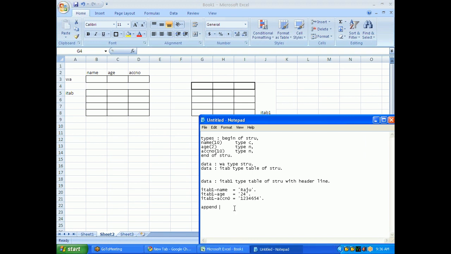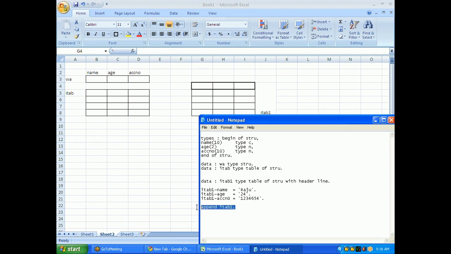But here we will write APPEND ITAB1 TO ITAB1, because the work area name is ITAB1 and the internal table body name is also ITAB1. Okay, so this is the syntax. But whenever your work area name and body name are the same, there is no need to give the TO. You can just say APPEND ITAB1. The system will understand that you are going to append ITAB1 to ITAB1.